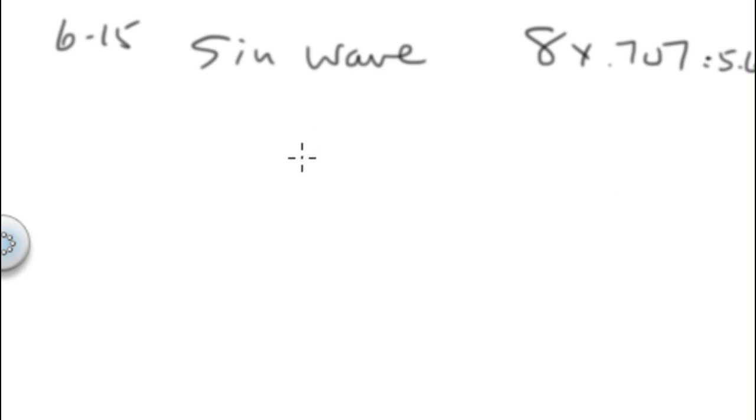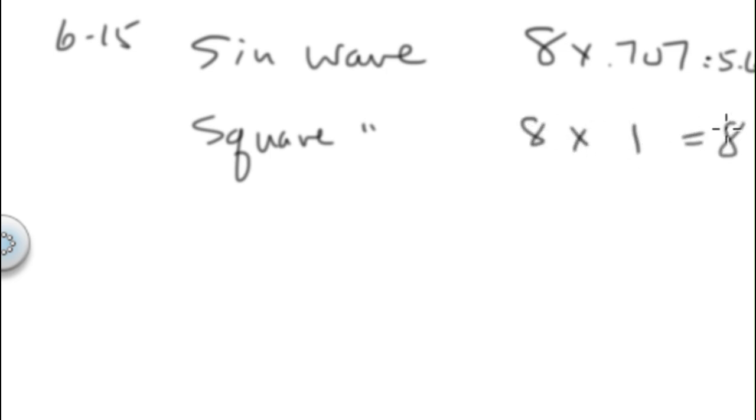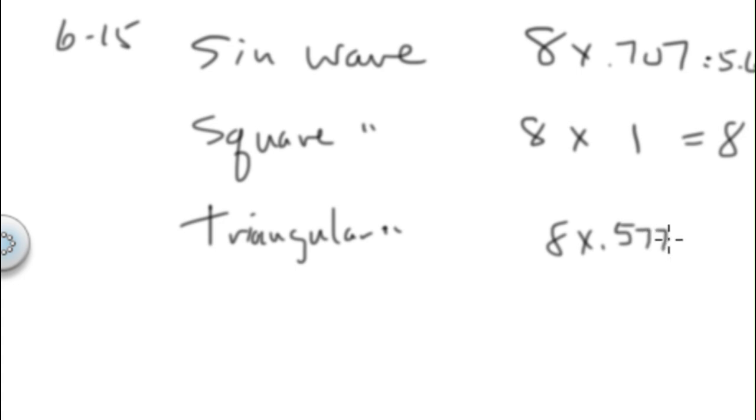For the square wave, its RMS is equal to peak, so it would be 8 times 1, or 8. For the triangular wave, the RMS is 0.577. So for the triangular wave, 8 times 0.577 equals 4.616,